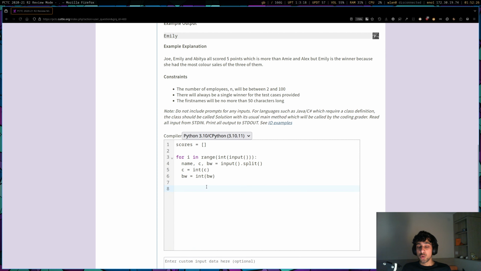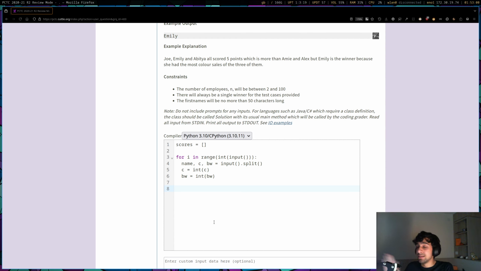So the way I'm going to do this is, essentially if we can find a way to store the information of the points everyone has in our list called scores, then all we really need to do is sort the list scores. And once we sort the list scores, the very last element in this list is going to be the maximum score, and that's the score that we want to find the person's name of, and then print that name off to the screen. That may have been a bit confusing, but essentially the way we're going to solve this problem